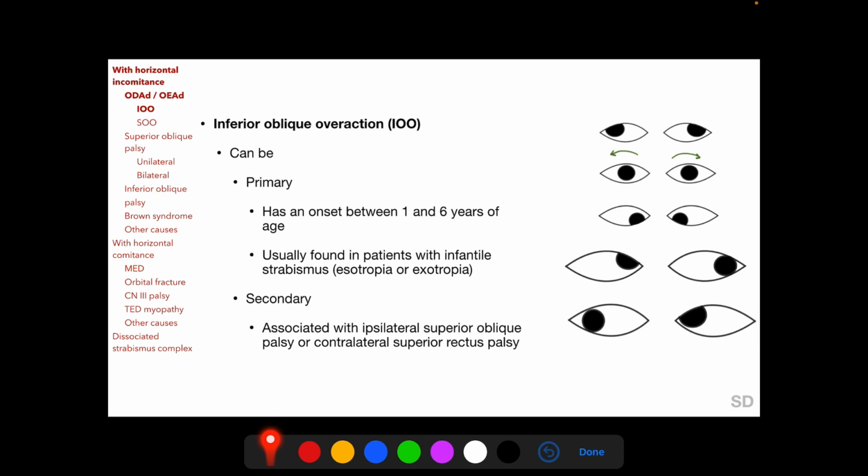which is usually found in patients with infantile strabismus, either esotropia or exotropia. But in these patients, the inferior oblique overaction has an onset after the first year of life. Secondary overaction of the inferior oblique muscle is associated with palsy of the ipsilateral superior oblique muscle, which is the antagonist of the inferior oblique muscle. It can also occur after palsy of the contralateral superior rectus muscle, which is the yoke of the ipsilateral inferior